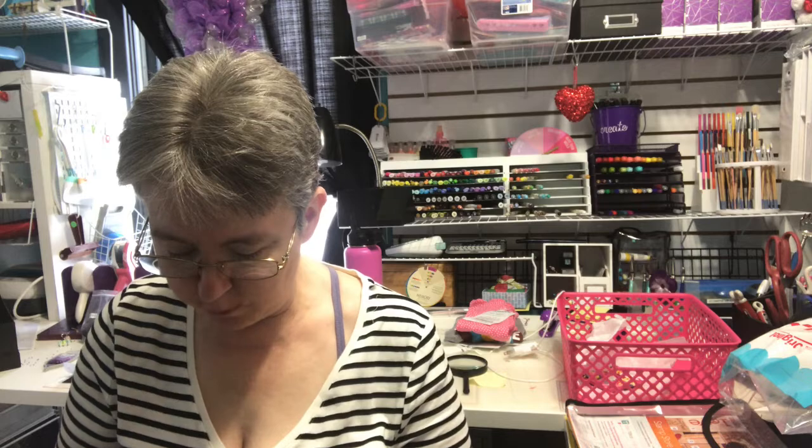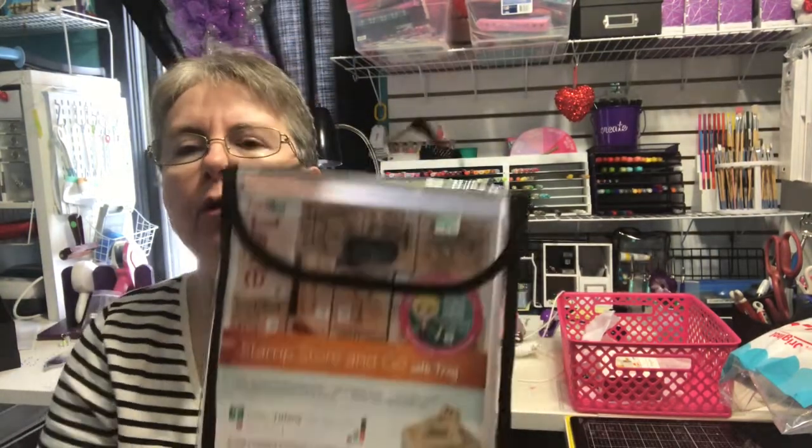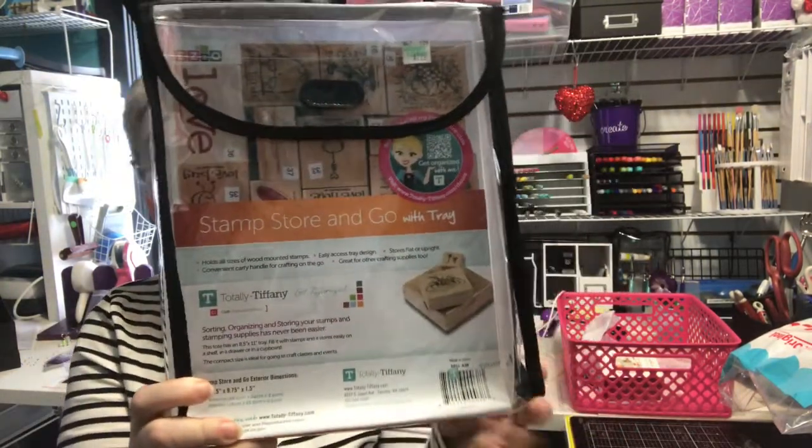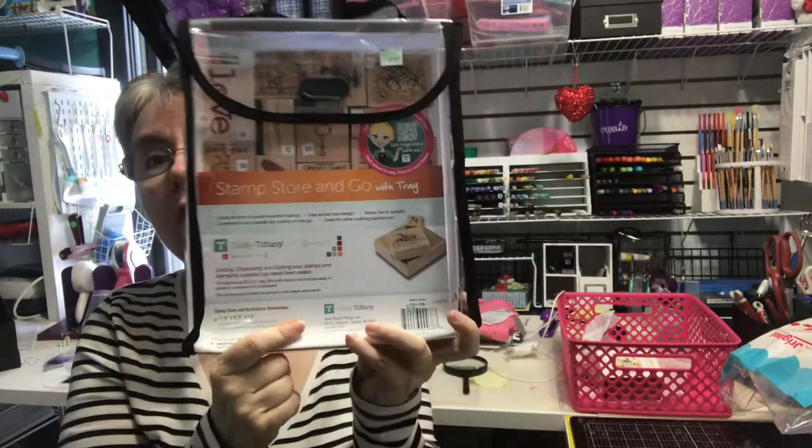Not sure where I'll put my postal ornaments next year. This year they were on the tree with hubby's cub ornaments, but in his man cave, our TV room. But I'm not sure. Next year I might have enough cub ornaments that I won't need to put the postal ones on there. But Hobby Lobby, I used the 40% off tag and bought the Stamp Store and Go bag